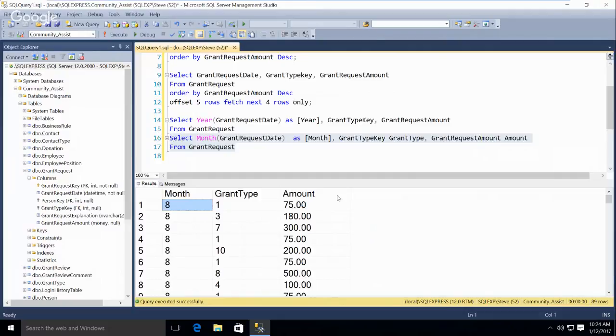The reason for the brackets is to say that I'm using a reserved word or I'm using illegal characters. So one of the things you can do if you use square brackets is you can put spaces in your names, right? Because spaces are not allowed.